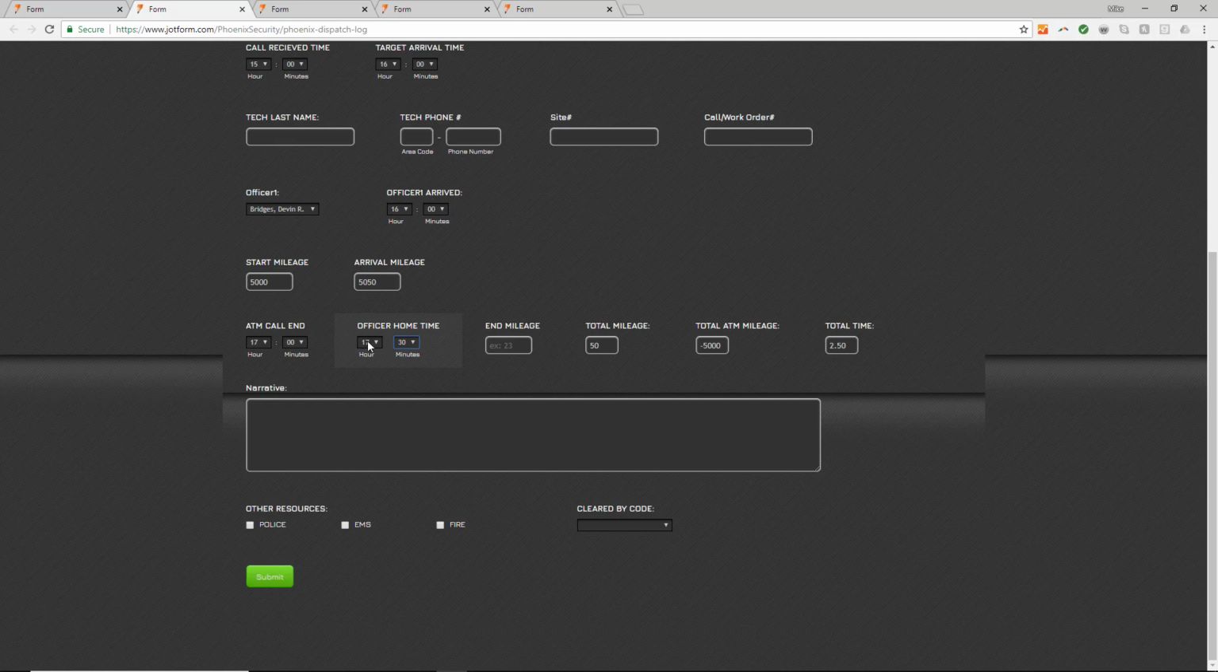Now you notice when you add in the home time, the total time over here auto calculates. So it shows you it was 2.5 hours. When they get home, they're supposed to give you their mileage when they got home. When you enter that, just ignore this block here, but it auto calculates the total mileage at 100. Narrative, if needed. If not,